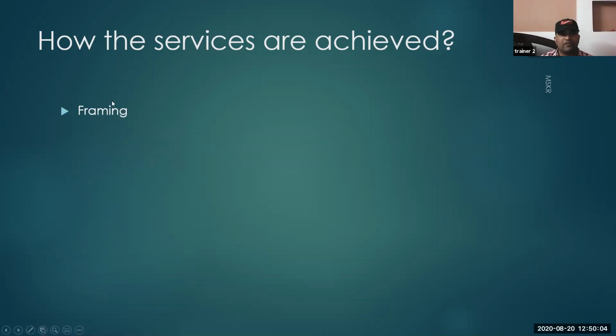Now how is the framing achieved? Framing, and what I have been saying so far is that the information coming from above has to be divided and sent. So is it really that much simple? Is there any certain guidelines to be followed for framing, or can we simply implement the same logic in the data link layer?